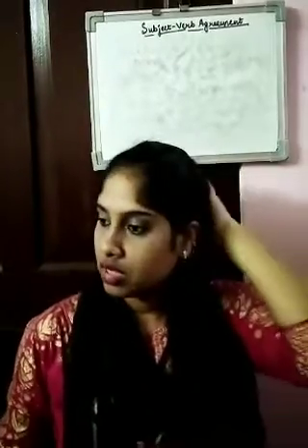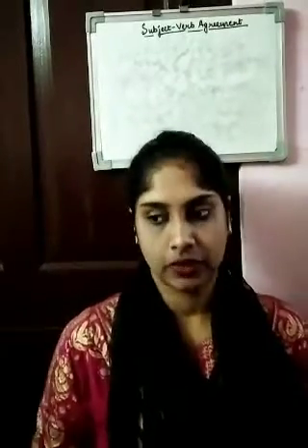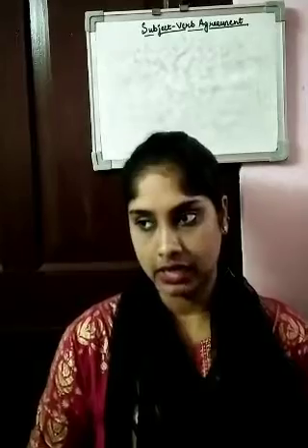Agreement means if this side is equal, the other side should also be equal. So here we'll be talking about the agreement between subject and verb. A very easy way for you to understand is with the help of that table that